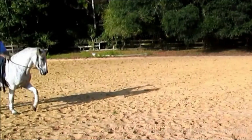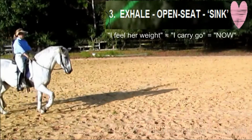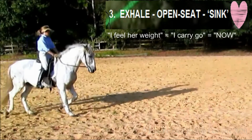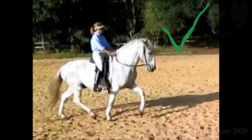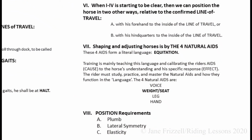We have to assume a couple things here. We're assuming that he hears the aid and complies. He hears, understands, acknowledges. And for that, we also have to assume that the riding is correct. And for the riding to be correct, the position and the aids have to be correct. We're going to talk about this in detail in section 7 and 8, but I want to give you this